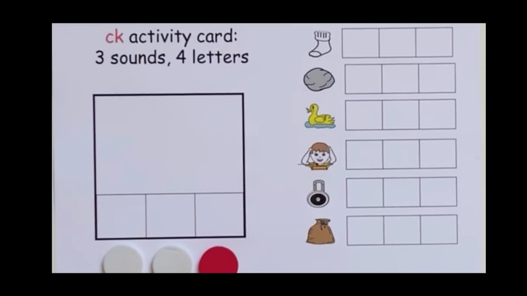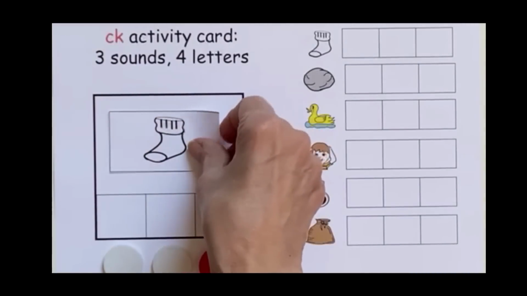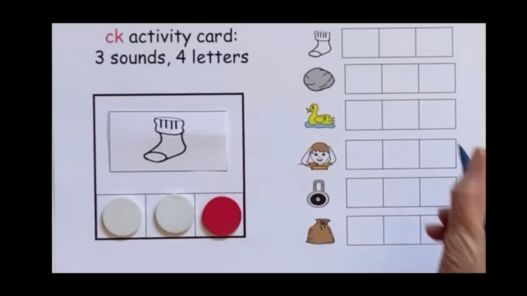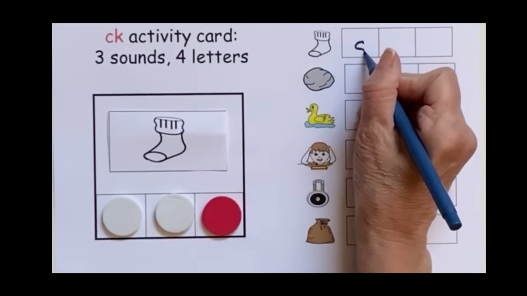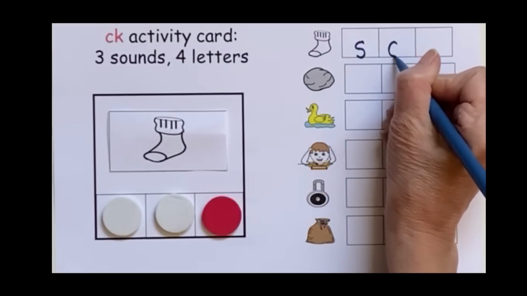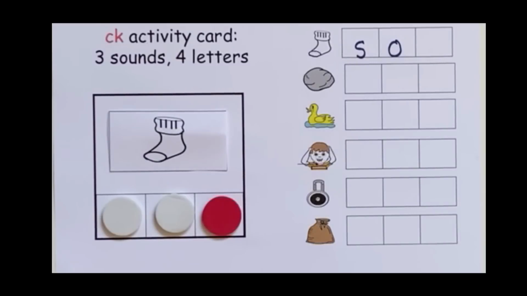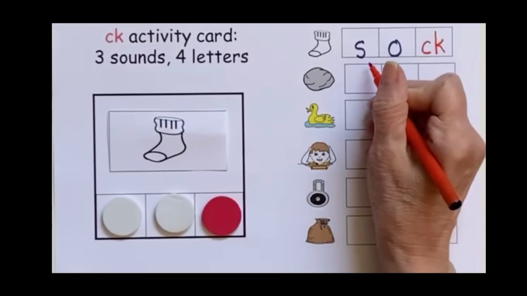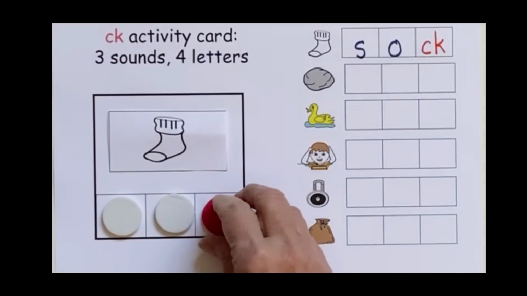Now we're going to have kids complete the CK activity card, 3 sounds, 4 letters for each of the pictures that we have practiced. We're going to start with sock. Have kids push up for each sound heard. S-a-k. Then have them write the letters that represent those sounds. S is an S, A, short O, and K, our CK digraph. Sock. We're going to push the circles down,